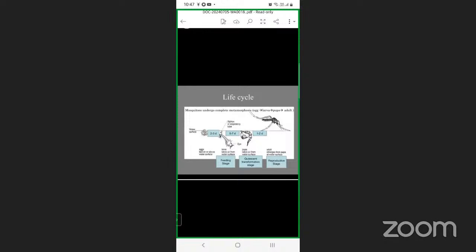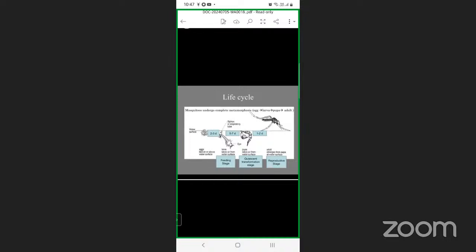On stagnant waters, in and around the colonies or any ponds, we see them laying the eggs on the surface of the waters, and for 2 to 3 days these eggs will be floating on the waters, and then after that